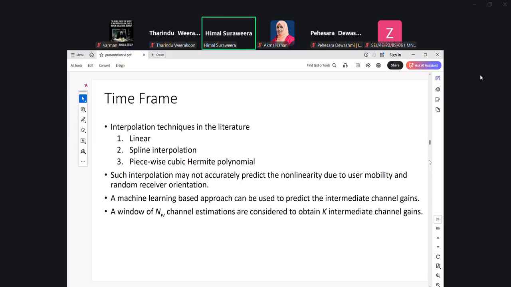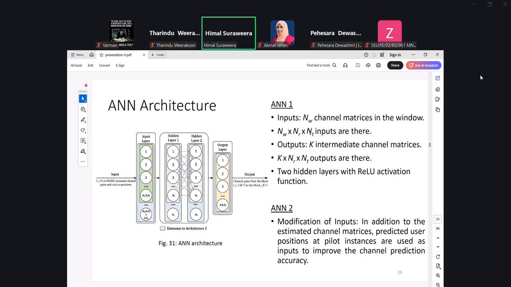For that, of course, you can use classical approaches like linear interpolation, spline interpolation, and piecewise cubic Hermite polynomial interpolation. But since the orientations as well as the movement of the user are also modeled in our system, it becomes a complicated system. So we thought of using a very simple artificial neural network architecture.